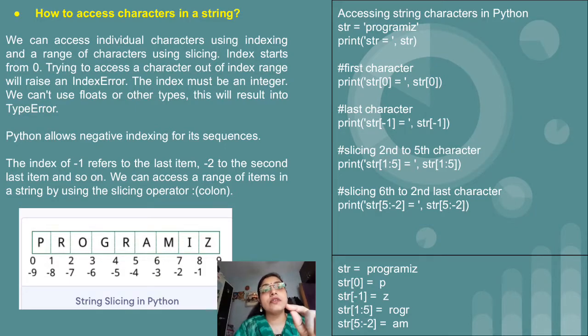Along with the positive numbering we can have negative numbering also in Python. So just see the example, that is string slicing in Python. I have put one image in the slide, this is a text I have initialized. So we can have positive numbering like 0 1 2 3 4 5 6 7, as well as negative numbering along with it. So how will the negative numbering work?